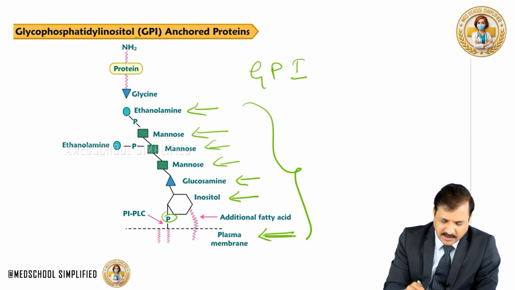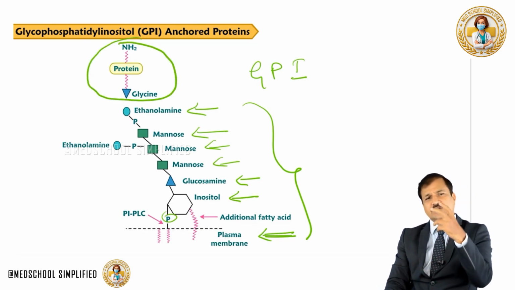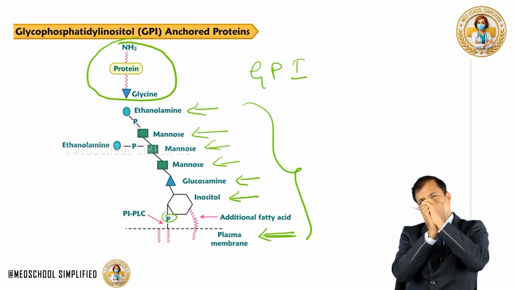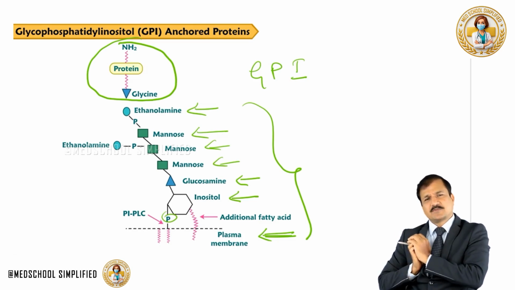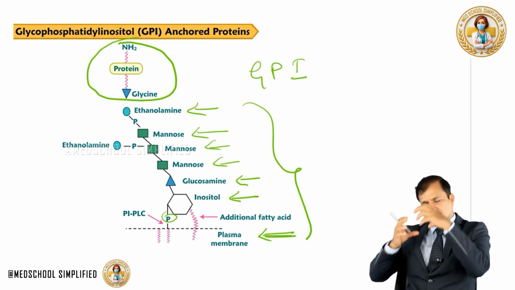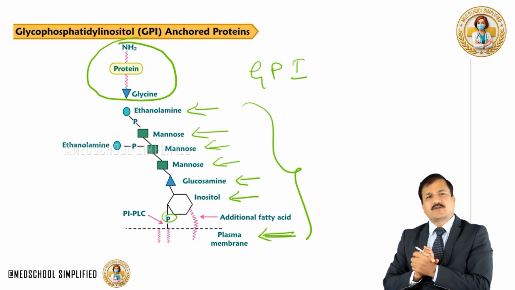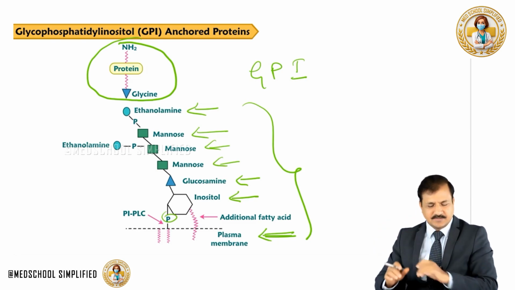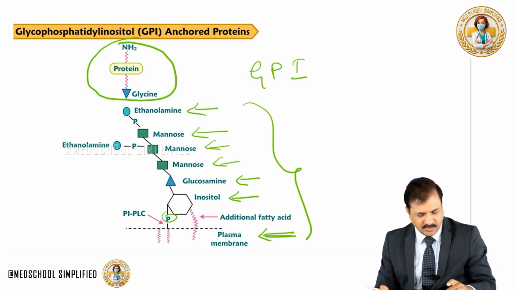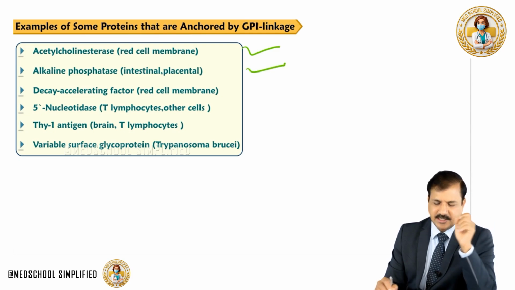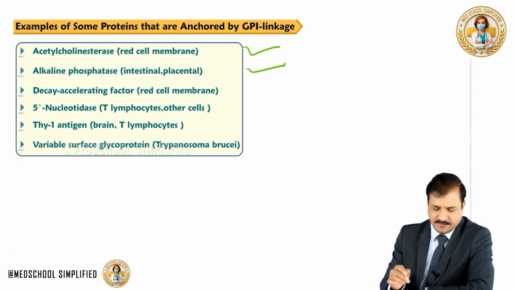So the protein, as shown here, is attached to, or interacting with, ethanolamine, like the amino acid glycine interacting with ethanolamine, and that's how the protein is attached to GPI, and GPI is attached to the plasma membrane. Any proteins that use GPI as an anchor to attach to the plasma membrane are referred to as glycophosphatidyl inositol anchored proteins. Examples include